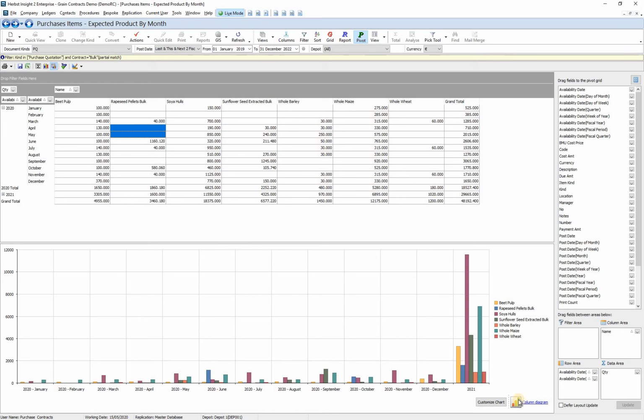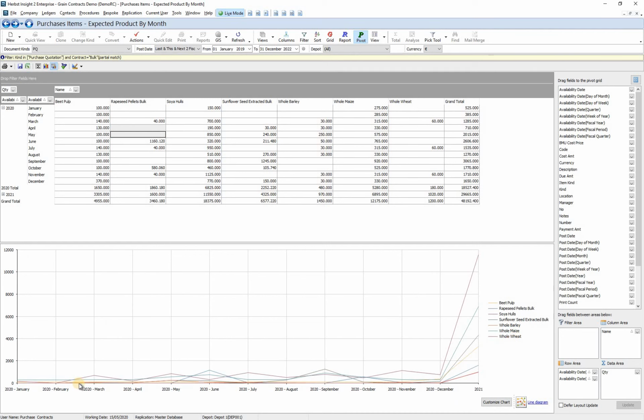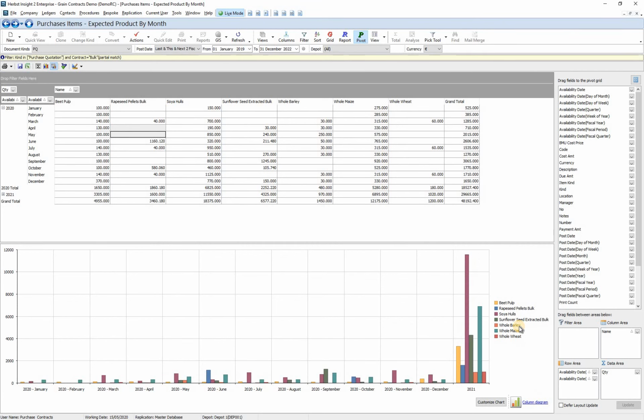You could change that to a line if you wanted to, if you prefer that. It's easier to see for each product. Depends on what way you prefer looking at it. I personally find bar column easier to see, easier to review. So, any questions on